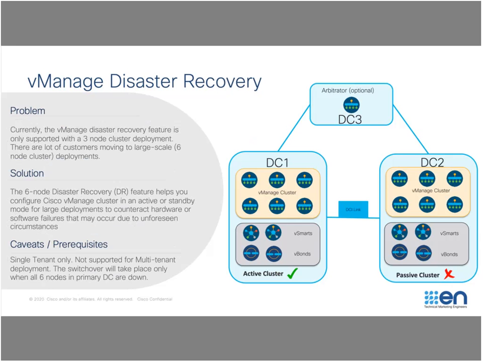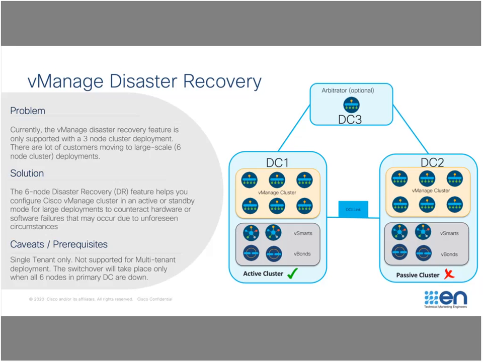vManage disaster recovery. This is kind of a quick one, just to highlight really quick here. Up to this point, we've supported 3-node clusters in terms of disaster recovery. If you know how the disaster recovery feature works within vManage, there's really no difference here. vSmart and vBond have their own disaster recovery elements built into them just by the nature of OMP and whatnot. vManage is one of those components that never really had a disaster recovery mechanism built in. There's no way to, aside from a customer just replicating a database from one vManage to another,